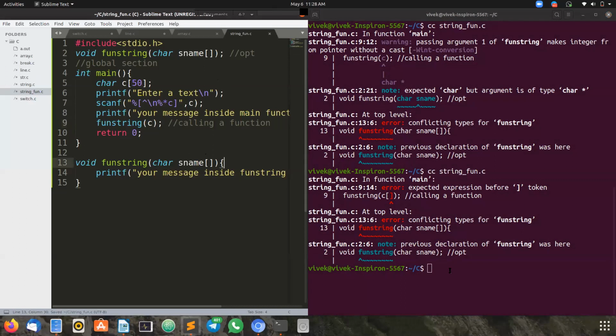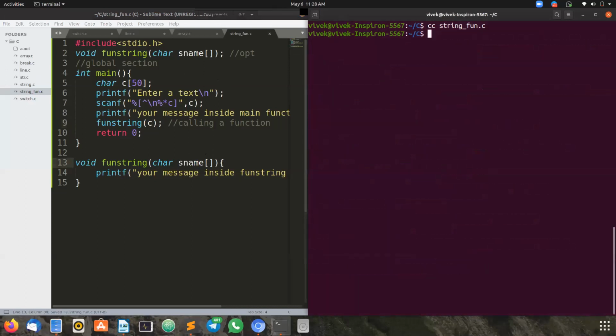Now let us check the output. The errors are cleared. So what we have missed: when we declare the prototype, only the identifier name, that is, the variable name, is not sufficient. We have to mention it is a type of array. A string is nothing but a sequence of characters ending with the null character, isn't it? So it is a type of character array. String is nothing but a character array. So we have to mention array type in line 2, which I am highlighting.